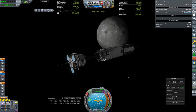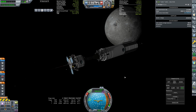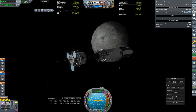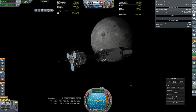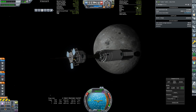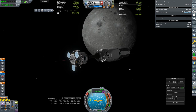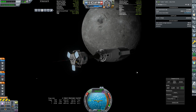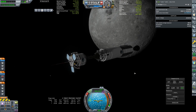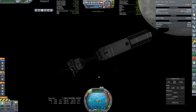Yeah, so this is one of those mission profiles that I definitely love the Discord community for RP-1 for, how helpful they are and the way that they share information and mission profiles, because there's some steps on here that I just wouldn't have thought about. Like getting out to this point makes sense when I realized that I needed to have deep space avionics just to move anything in this vicinity, because you lose near Earth communications or avionics above, I think, 20 million meters, something like that. But then having this dumb-fired stage to save weight was just...